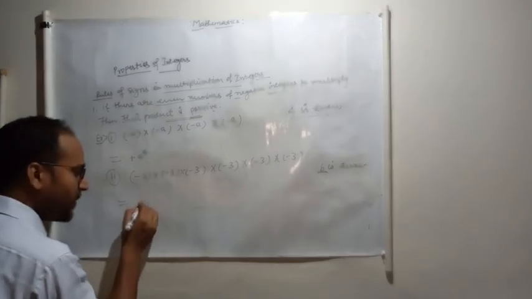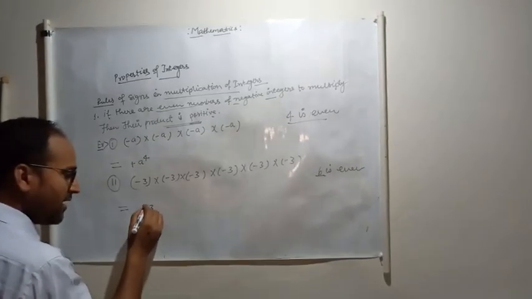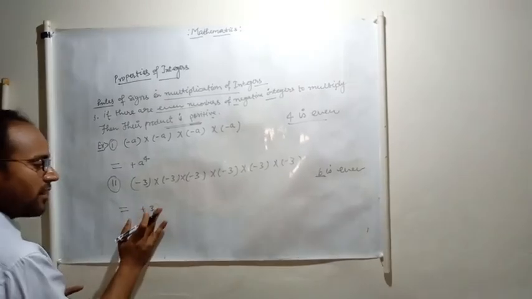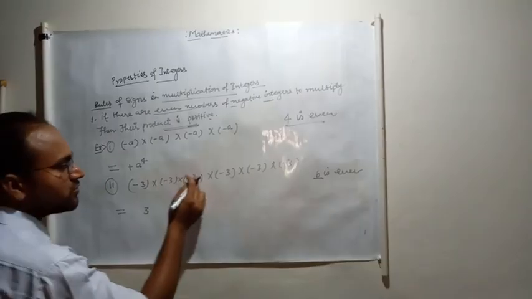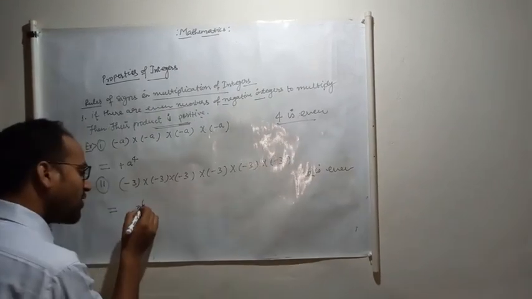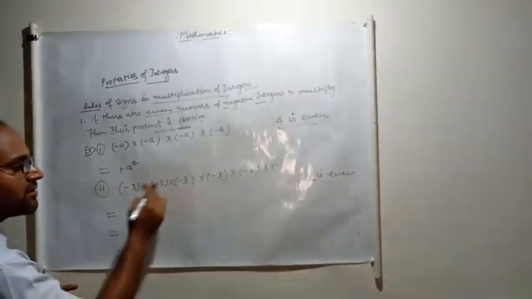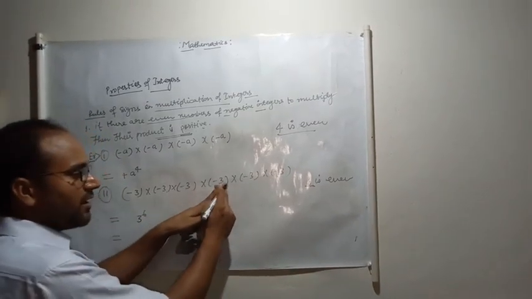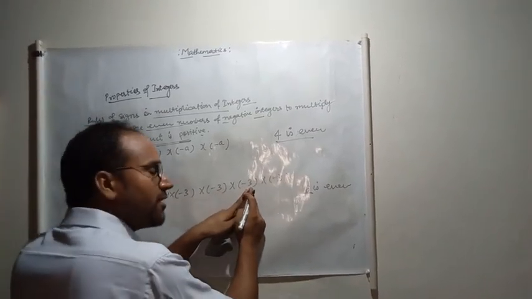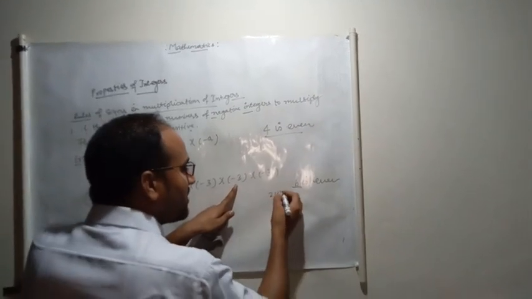3 into 3 into 3. How many is that? You get plus 3. If you write this in a bracket, the plus is not going to be there. So 3, 1, 2, 3, 4, 5, 6. 3 to the power 6, or you can multiply it: 3 into 3, 9, 9 into 3, 27, 27 into 3, 81, 81 into 3, 243, and 243 multiplied